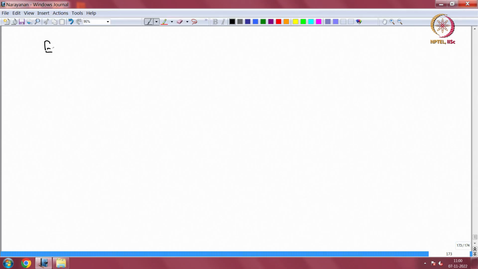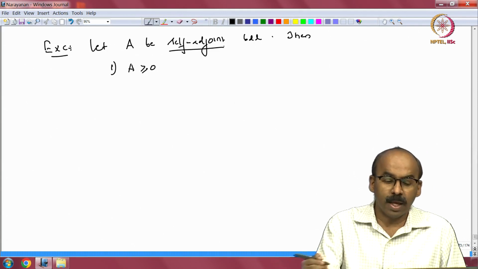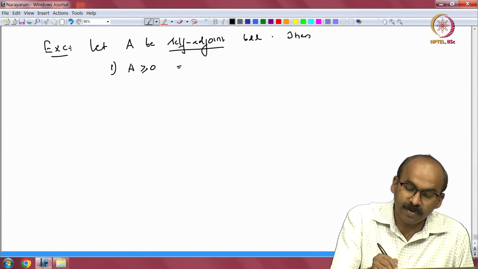So, exercise. This is related to whatever we did in the last class. So, let A be self adjoint, bounded, of course. Then the spectral theorem tells you various things and you can deduce everything from that. One, A is positive. So, self adjoint is assumed. Okay. So, A is positive if and only if the spectrum is